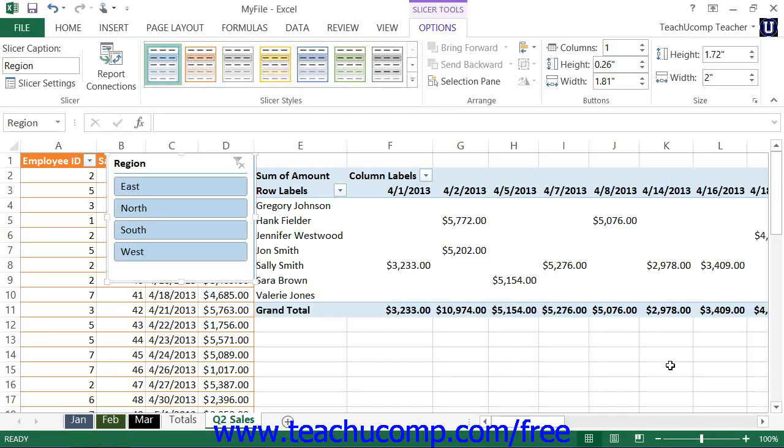After inserting a slicer into your worksheet, you should see a new Options tab appear within a new Slicer Tools Contextual tab in the ribbon. You will see this tab appear within the ribbon anytime that you have the slicer selected within your workbook. You can use the buttons within this tab to modify the selected slicer settings and make other adjustments to the